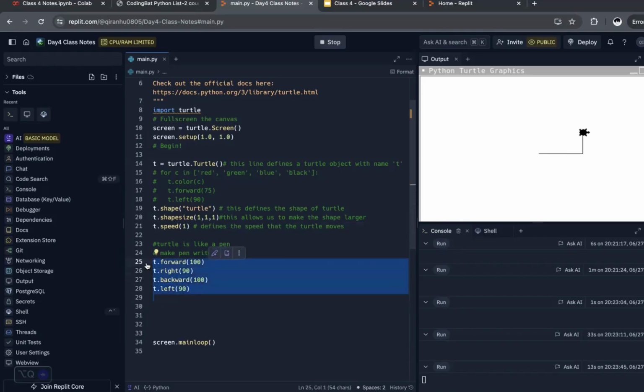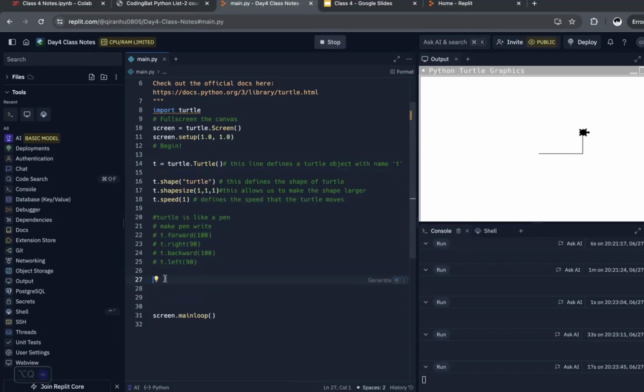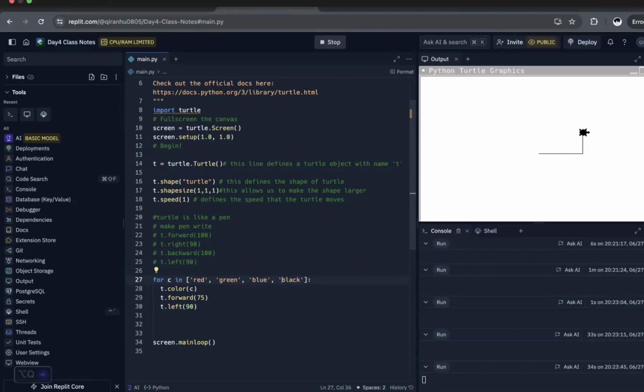Let me comment all of these out. Let's take this part of the code. It's pretty handy. We can also change the color of the turtle. For c in 1, 2, 3, 4, which is like a for loop, it's going to go through it 4 times. First time c is red, second time is green, third time is blue, last time is black. Turtle has defined all the colors for you, so just type the name of the color and Turtle will know what you're talking about. In the first iteration, it will set the color to red, go forward 75,